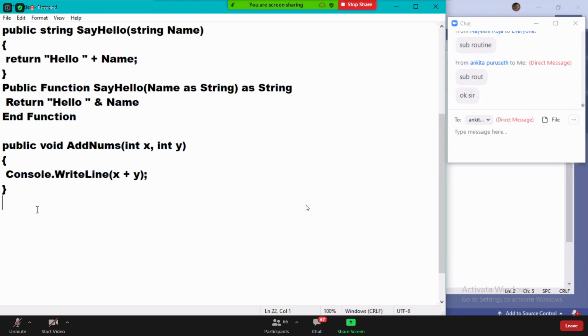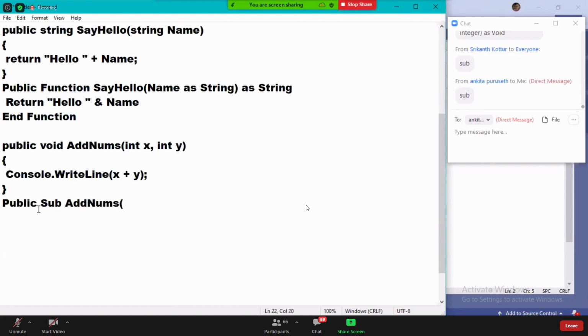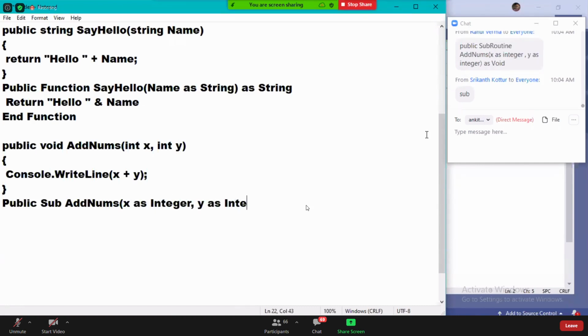And int is called Integer. Wrong, Srikanth. Just now I said it's a subroutine: Public Sub, no need to write Subroutine. I said Sub, that's all. Sub AddNums(x As Integer, y As Integer). Value returning or non-value returning?